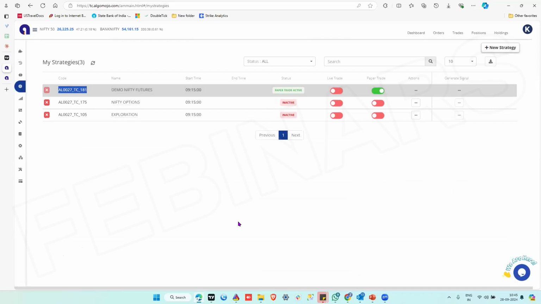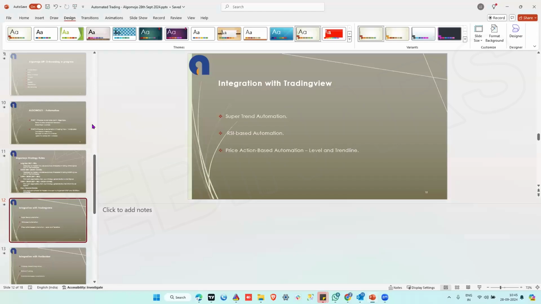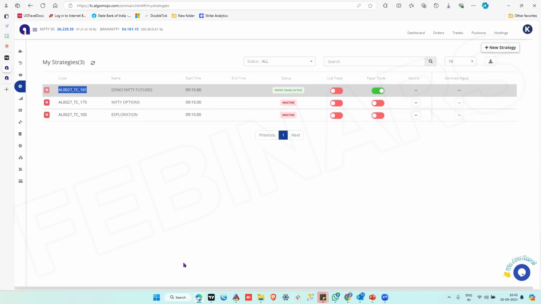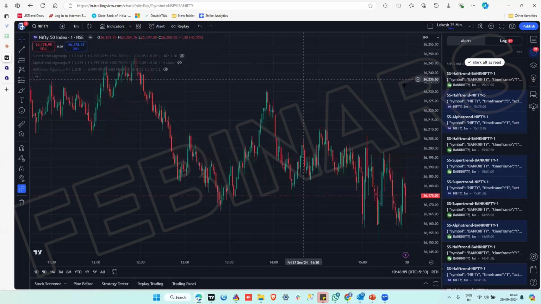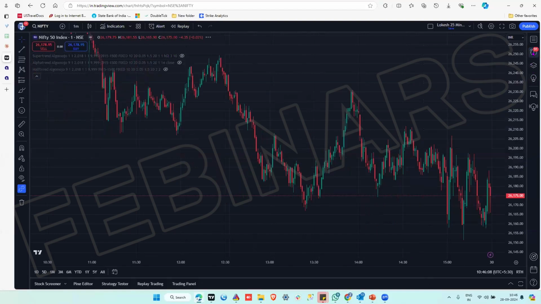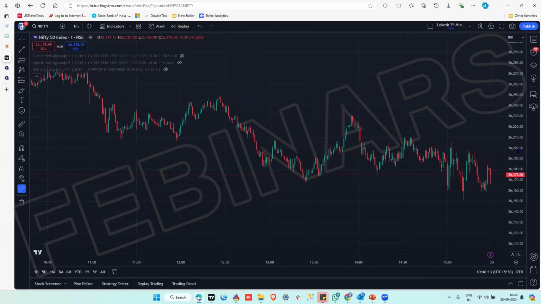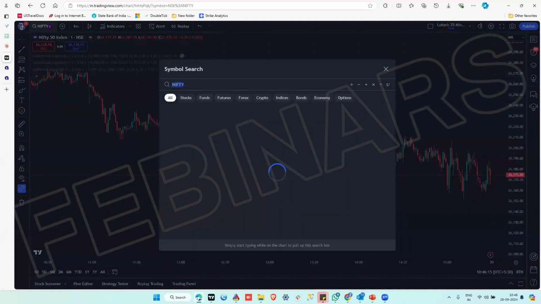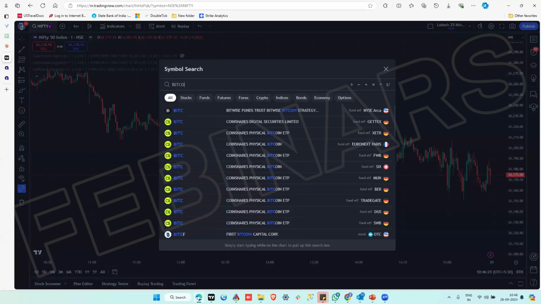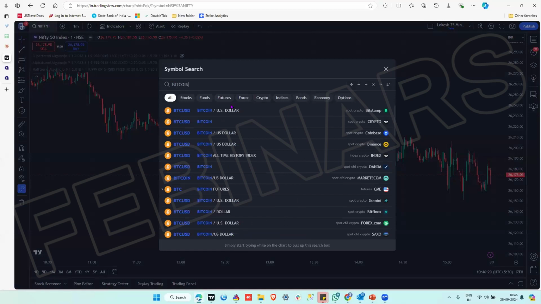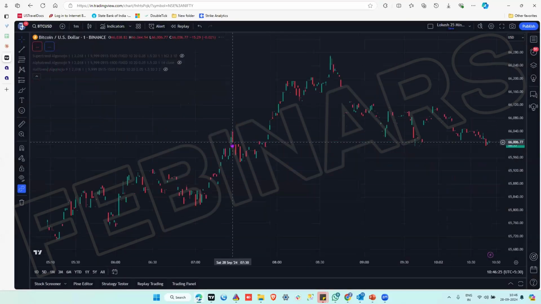So let me open a TradingView chart. For example, as you can see, this is a Nifty chart. Today markets are closed. So let's try and see if we can get live signals using Bitcoin, as this market is open today. The important part is